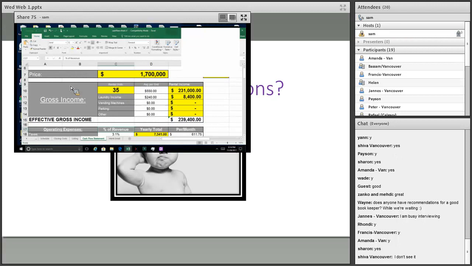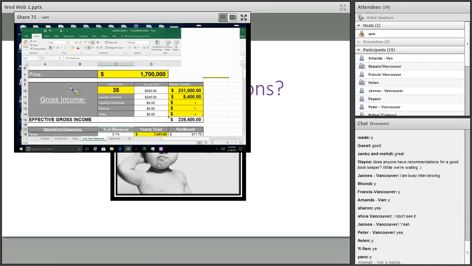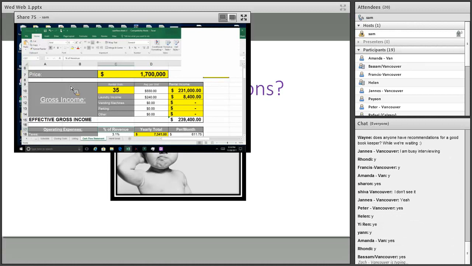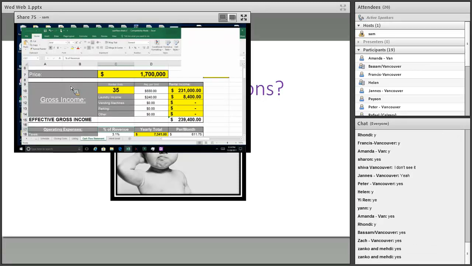Can everybody see this? Can everybody see the screen? I don't know why you can't see it, Shiva. I didn't think it'd be a problem on the phone. Maybe it's because you're on the phone. I'm sorry, Shiva. Like I said, I'm going to put up the file for everybody to see. Let me try that. Okay. So here we go. Don't worry, it'll all be recorded. You can watch it again.